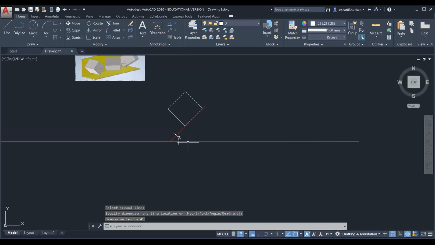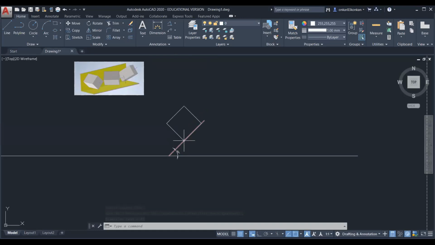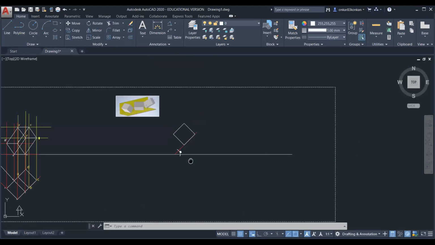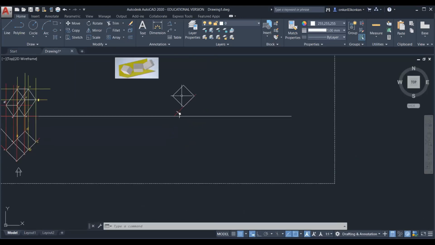So this is 45 degree. You can take a suitable distance for this point. Now project the front view in the top view, that is on the horizontal plane.